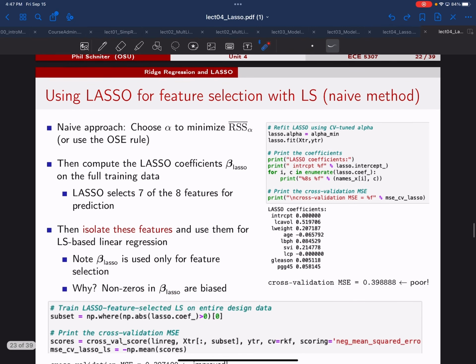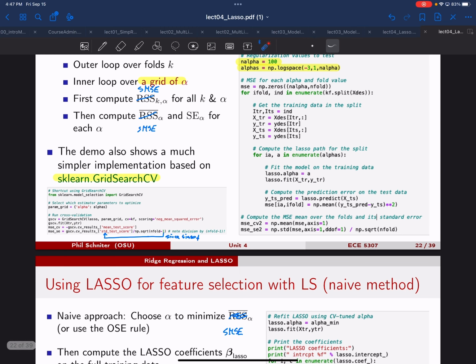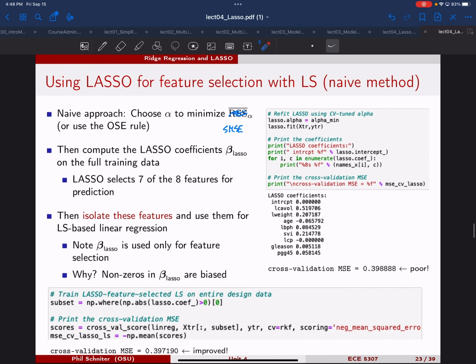Okay. So what's naive about the approach on the previous page and on this page is we're choosing alpha to minimize this RSS bar, or maybe we can say sample MSE. But we're using the biased Lasso coefficients, so that's something we don't like. So we might say, okay, well, maybe as a Band-Aid, once we know the alpha that this technique gives us, the one that minimizes sample MSE,